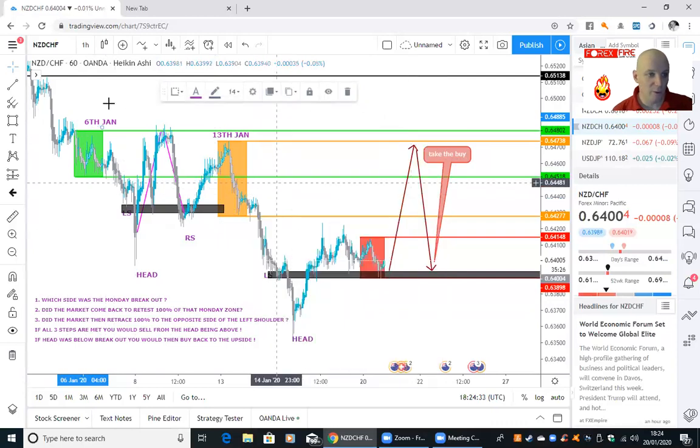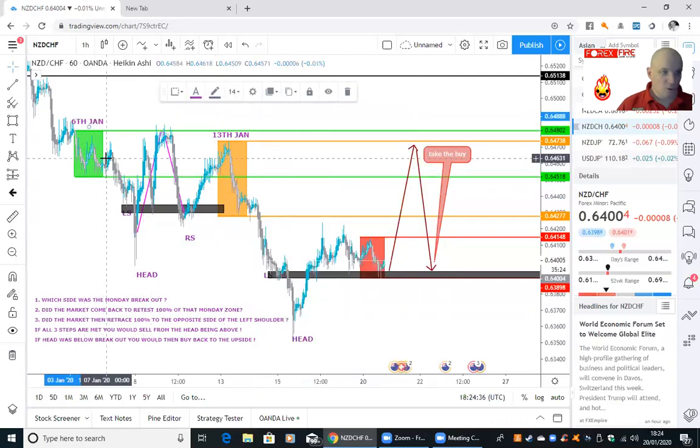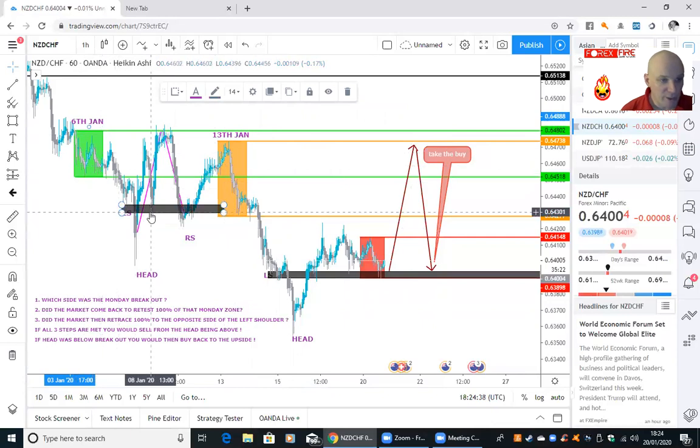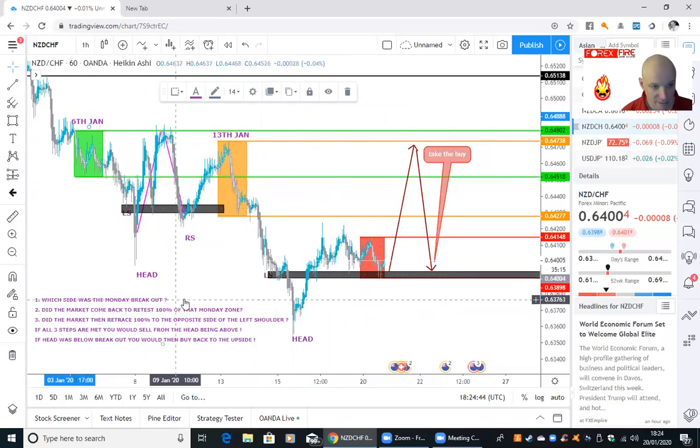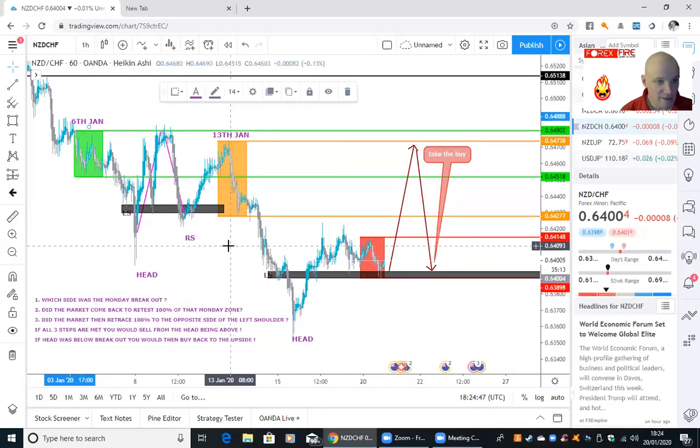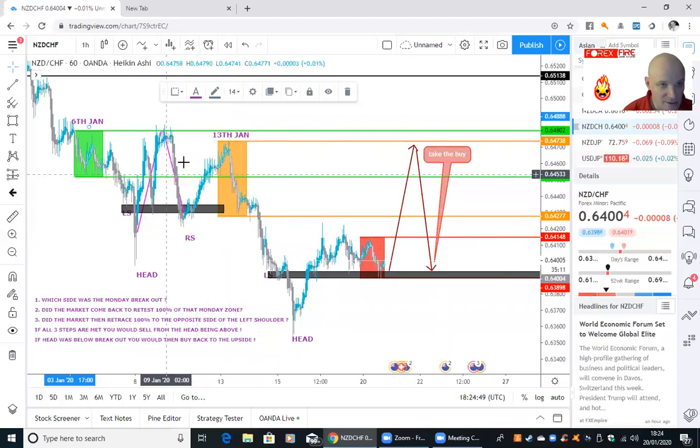Right, let's run through what we've had. So on the 6th of January, we had a breakout on the downside. Which side of the Monday was the Monday breakout? The downside. Tick. We've got a tick. Okay. So then what happens there is